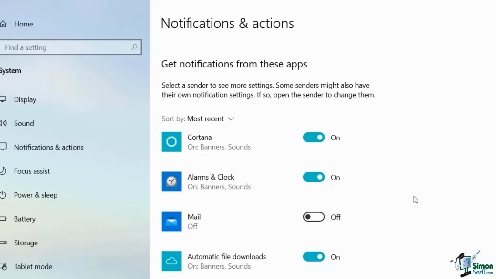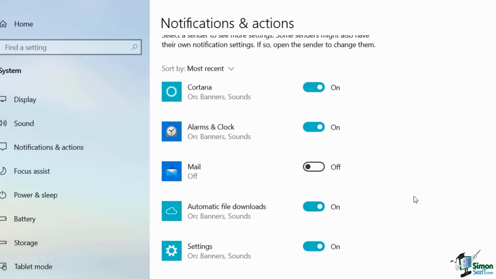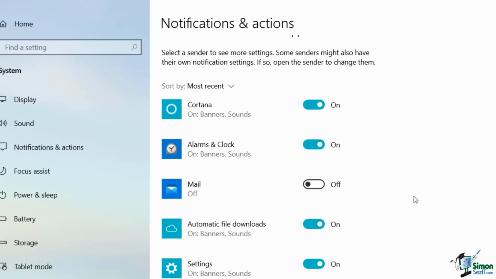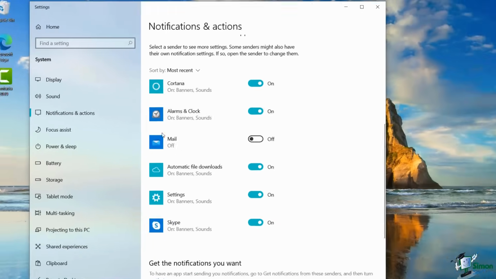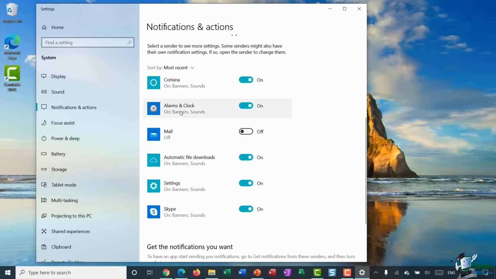So that means that if I am in something like a webinar where I'm sharing my desktop, I can still see other notifications, but I'm not going to get any of my personal emails coming in and showing on the screen. Now the rest of these, again, these are personal preference, but I'm going to leave the rest of these on. And what I'm actually going to do, just to show you that notification pop-up, is I'm quickly going to